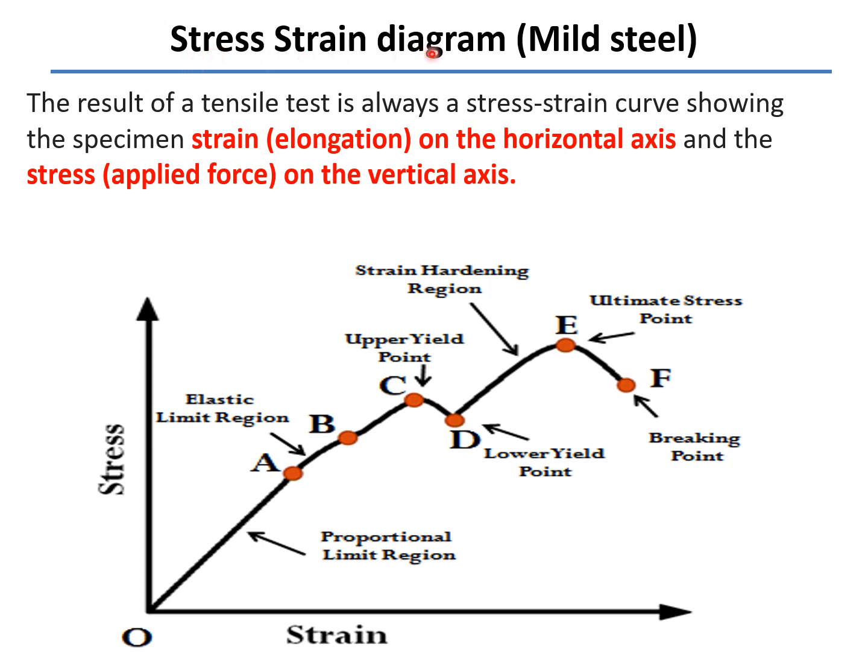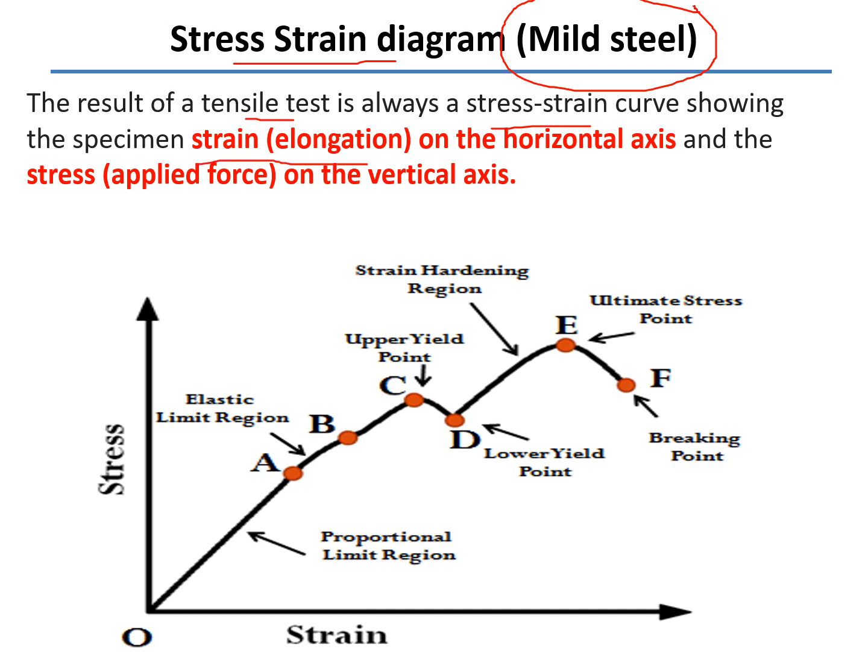Now the stress strain diagram. So finally, when we apply the load to the specimen, we achieve a stress strain diagram, and that is the experimental investigation, because that graph is plotted by the machine itself. Here the material under consideration is mild steel, and it is a ductile material. The result of a tensile test is always a stress strain curve or stress strain diagram, showing the specimen